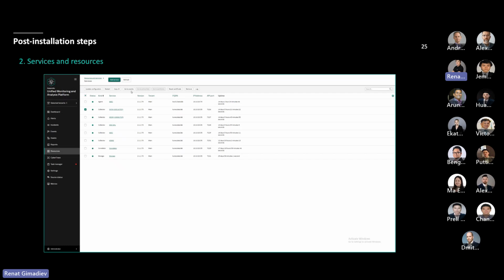In this case, you need to update the configuration. Just click on this button. In case you did something related to the network, or if you changed the parser in general,